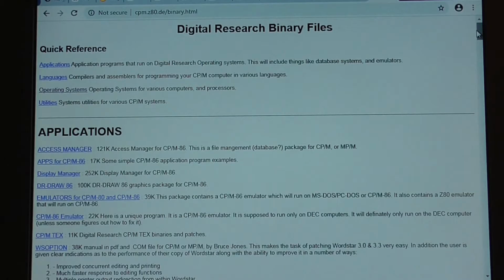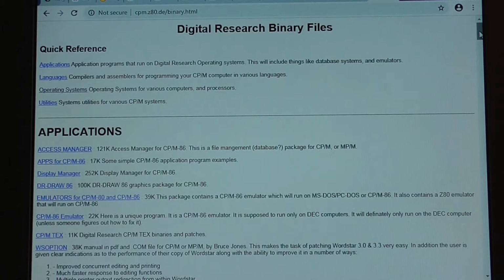So to run CP/M on a PC, we're obviously going to need two things. The first is a program to create a disk from an image file, and for that we're going to use CopyQM. And the second thing we're going to need is obviously an image of a bootable CP/M disk. And I was able to obtain those from